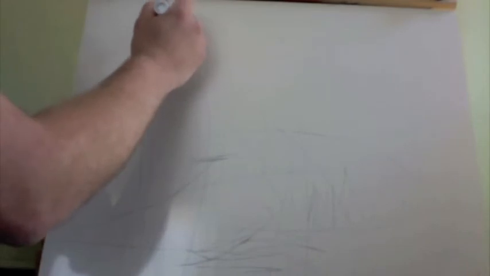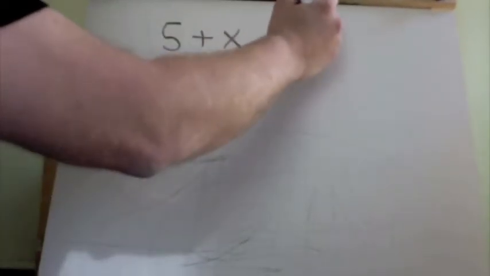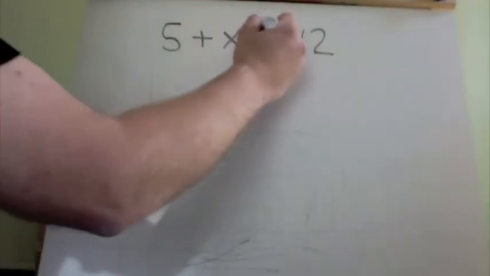Okay, so now we're going to talk about an equation. So we've been dealing with expressions. Say 5 plus x. Okay, that's an expression. All right? We could also write down the number 12. That's also an expression. What an equal sign does is it